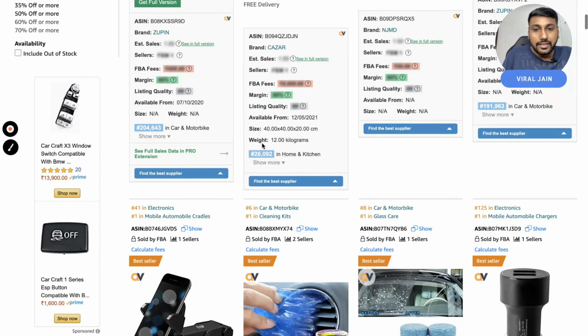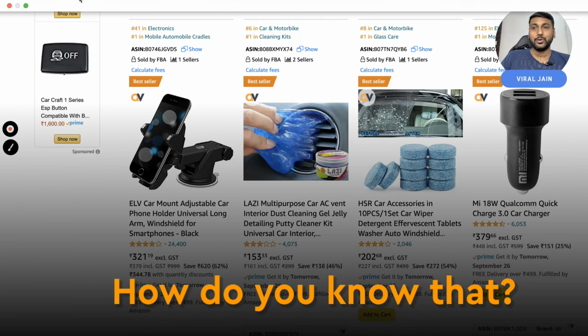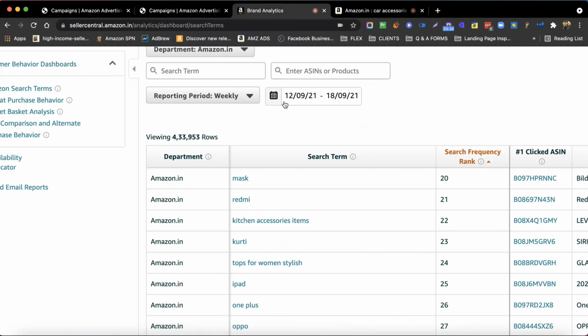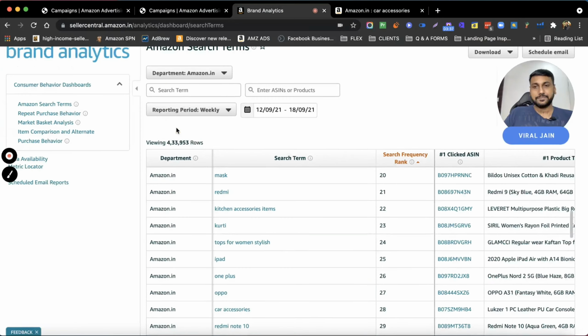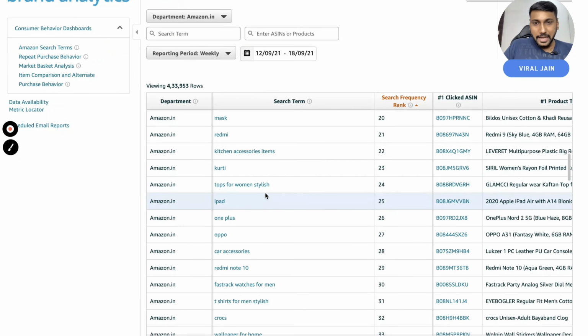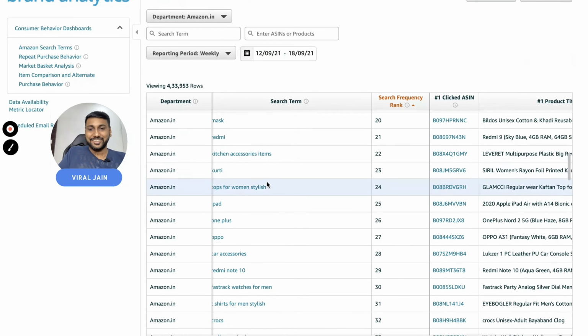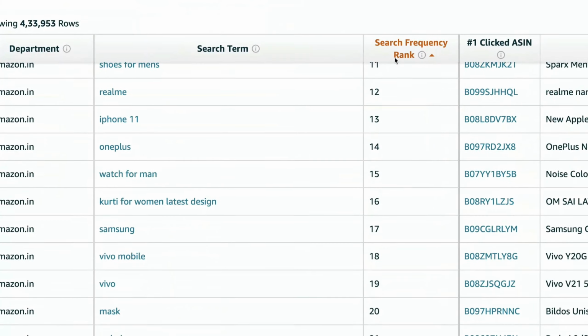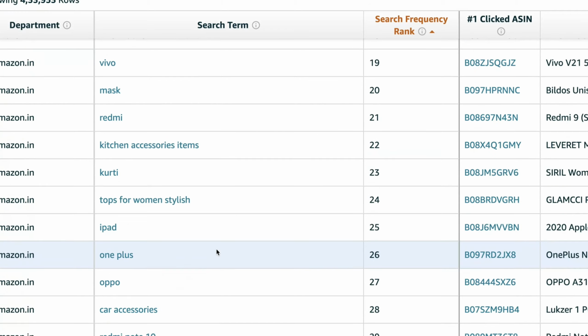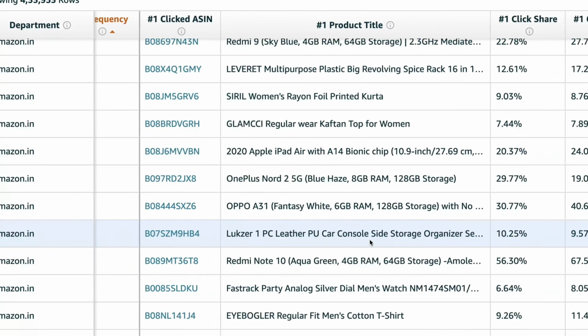So over here, see, there are so many products that are coming in for car accessories, like mobile phones. This is something, I don't know, it's like a glue or something. There are so many things. So how do you know that? What you can do over here is go to Brand Analytics again. Now for example, for car accessories, I will again have to go over here. Sorry for this. So if you can see over here, for car accessories, the highest clicked ASIN was